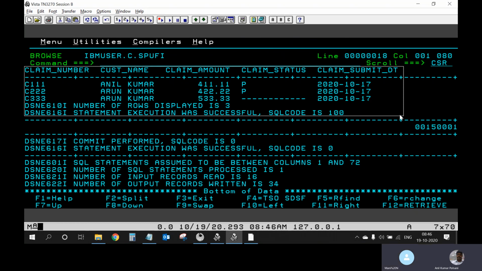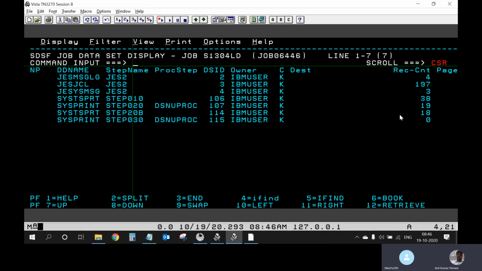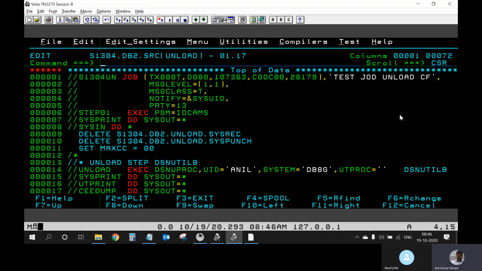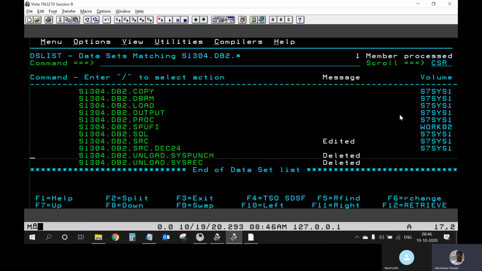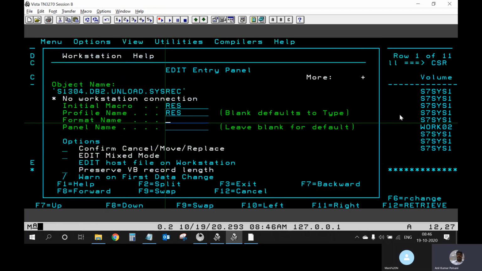Now let's do one more run. This time let's run with bad data. In the first case, we ran with file records having duplicate key values, which are generally rejected. In the second case, we ran successfully with load resume.